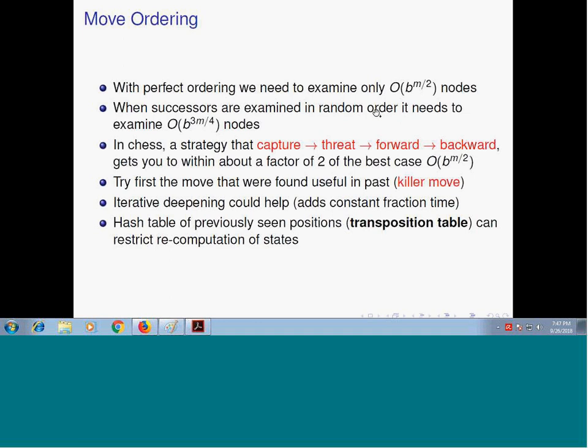You can go for the random ordering. So you close your eyes, you just go for the random ordering, and you are going to take this many steps. That is better than order b to the power m. This is better than b to the power m, but not that much better, because exponential things grow fast. So if you make it 3 by 4, again, it's not that bad. But next, if you understand this, we want to talk about the next strategy.